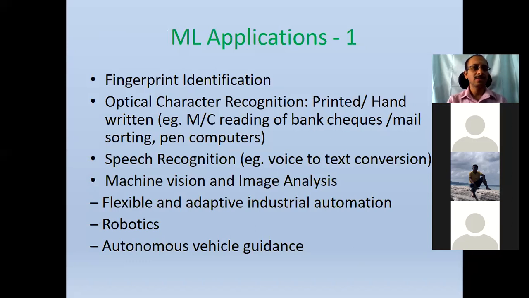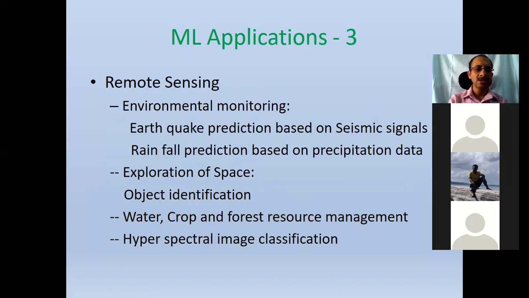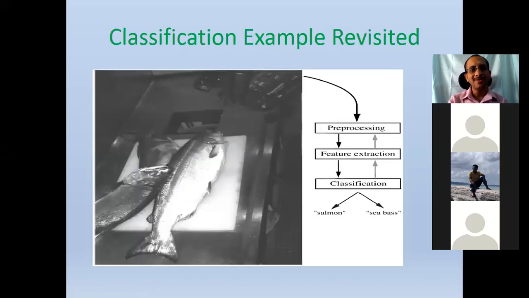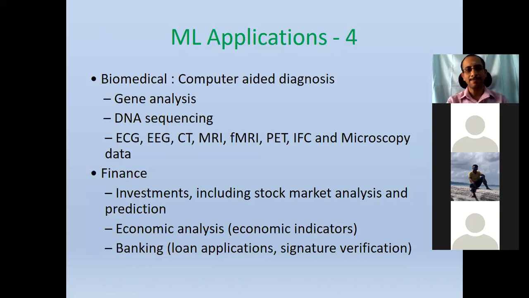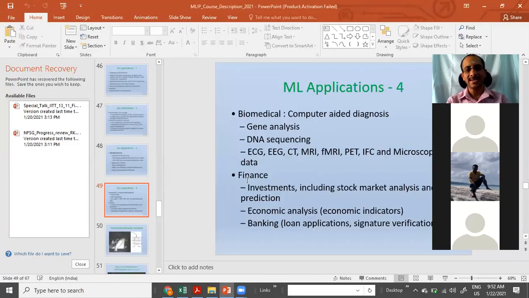So I will quickly move on. As discussed, the applications span over several fields, from signal processing and image processing applications to autonomous driving, multimedia and human computer interface, remote sensing, and several others, say biomedical and finance. So I will stop the discussion here for today, and if you have any questions I would like to take them up. From the next class onwards I will start with a little bit of mathematics. After the mathematics is done, I will move on to the discussion on Bayesian classification.